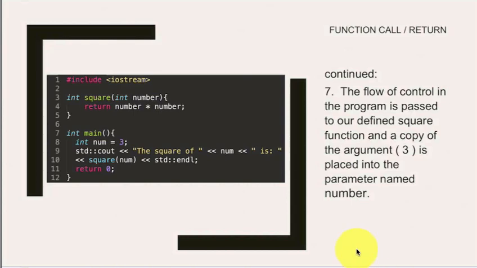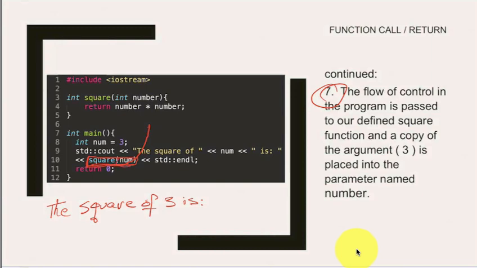So far, we have printed to the screen "the square of 3 is," and now we're right here in regard to the flow of control. The function call executes, and the flow of control for this program goes up here.